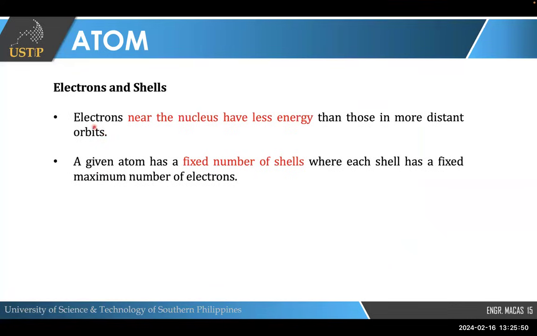Di ba class natin mga electrons na mag-orbit around your nucleus? Okay, and they reside in different shells na ay shell nga closer sa nucleus, nasa shell nga farther or far from the nucleus, okay? And the electrons of class near the nucleus have less energy than those in more distant orbits. Why is this so? So you can think of this as kung ang imong nucleus is nasa tong ano, and then your electrons closer to the nucleus, less the yung energy kay